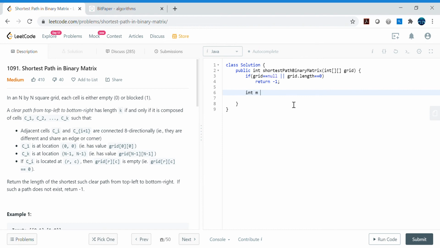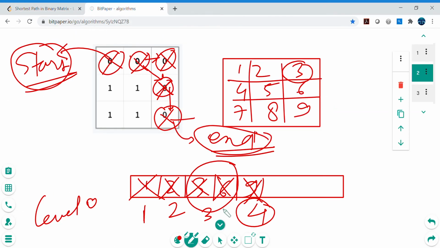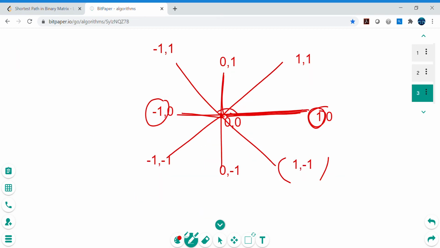All right, now let's take the m and n. So m is basically the grid length here, and n is basically the column length of the matrix, right? Okay, now we will take the queue, because we are following the BFS strategy here. So new LinkedList. Queue.offer: we will store our 0 0 coordinates here, because we are starting from the top left, right? That's why we are storing 0 0 coordinates here. Our location is 1, but in the code we are storing the 0 0 coordinates. Okay,